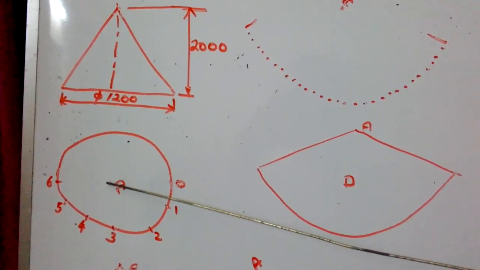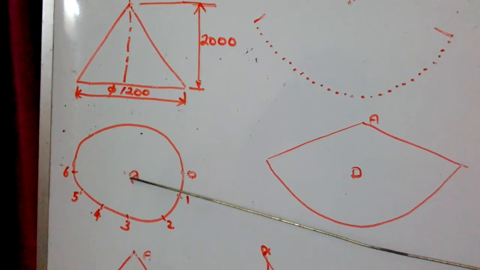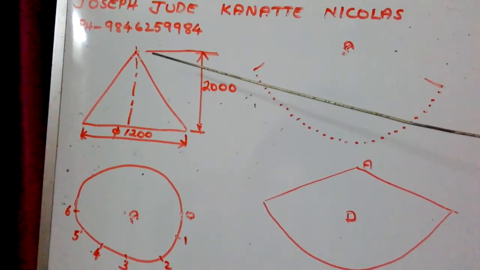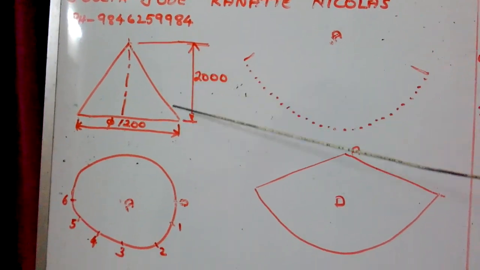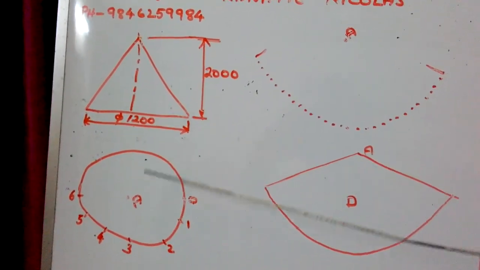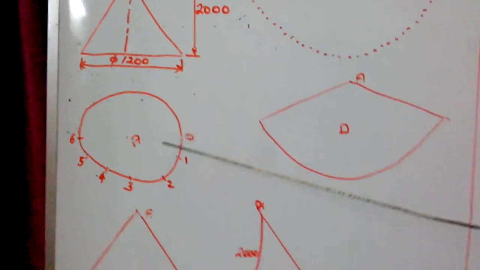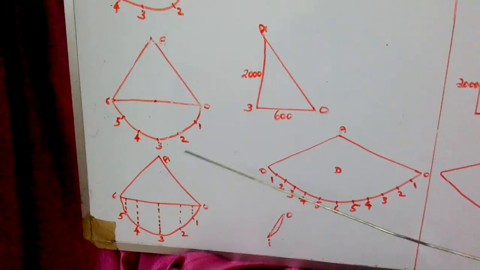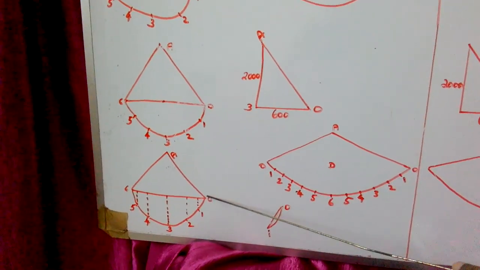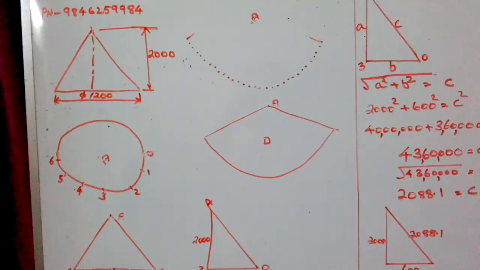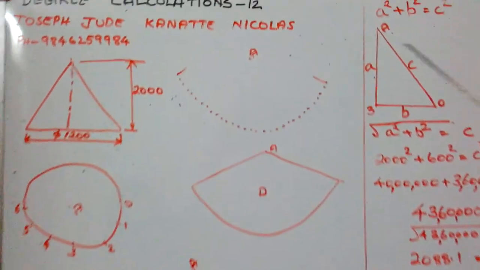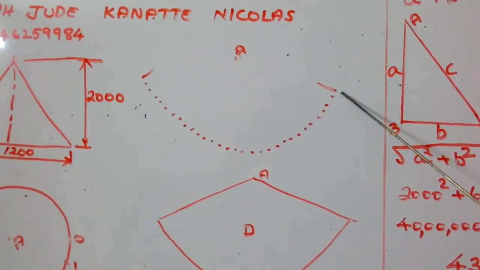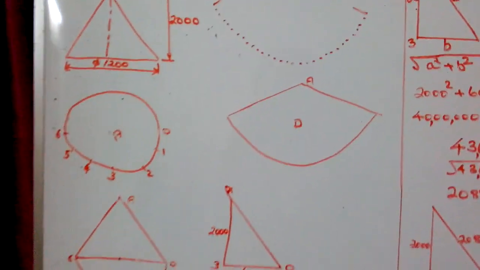That is the distance from here to here, A to 0. I am just going to show it in this elevation. A to 0 from here to here is A to 0. Here to here is A to 0. Here to here is A to 0. All measurements are the same. Here also, this is A. It may be 0. We can consider it as a 0.